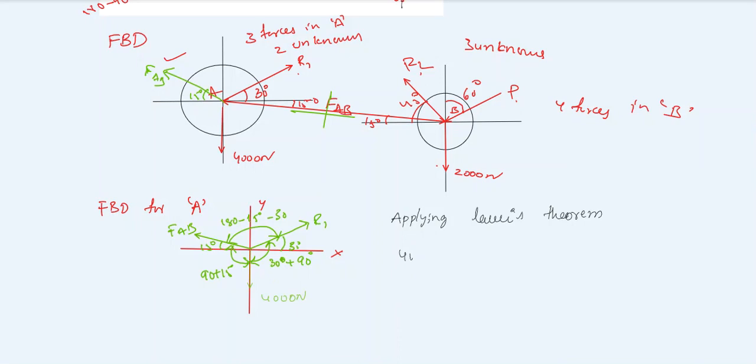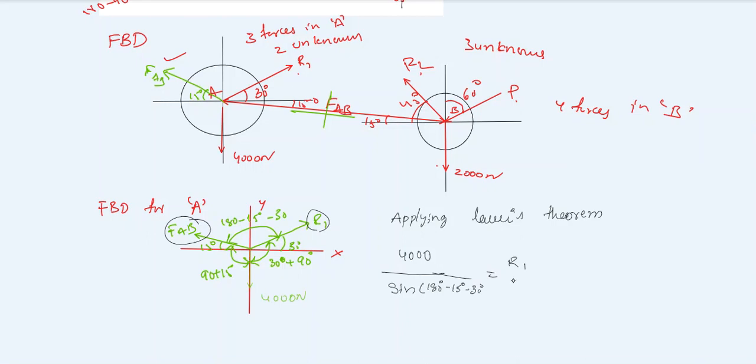Just write 4000 divided by sine. So other than 4000, we have two forces, that is R1 and FAB. What is the angle between them? Just take the angle between them. Sine angle of the corresponding opposite two sides. Other than 4000 Newton, we have FAB and R1. So the angle between FAB and R1 is 180 minus 15 minus 30. So sine 180 degrees minus 15 degrees minus 30 degrees is equal to, so I don't know what is R1,